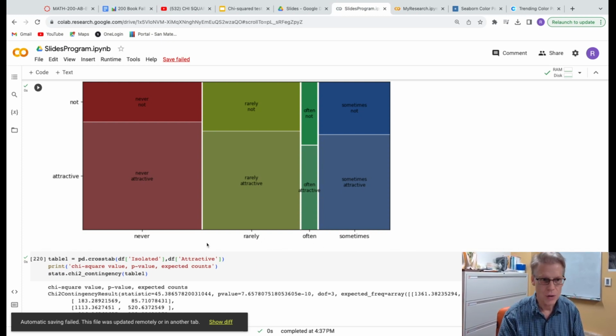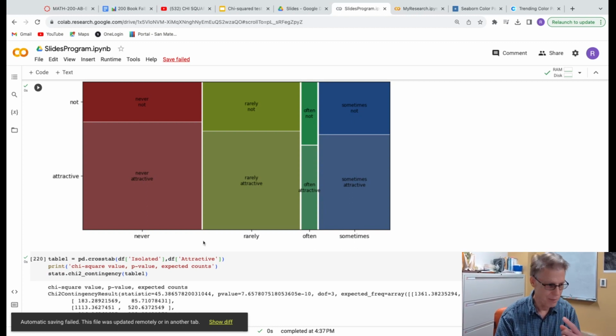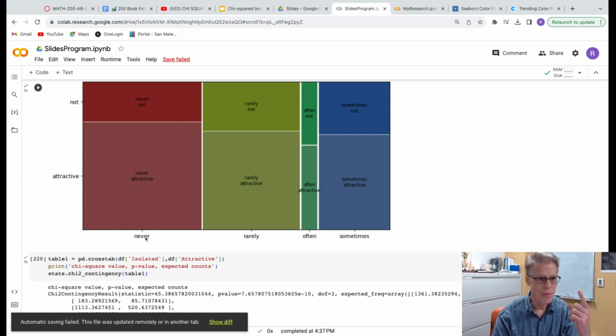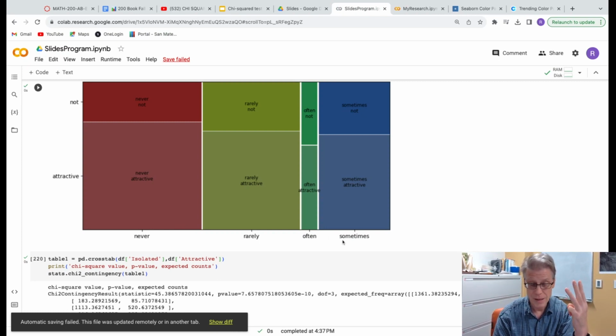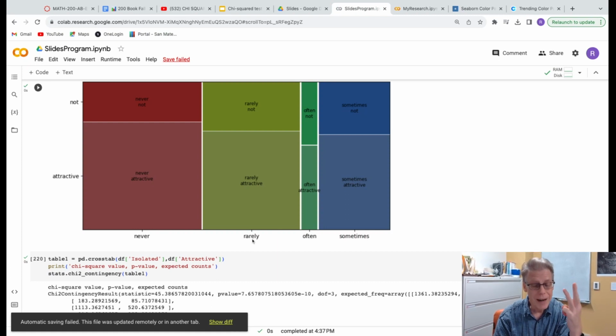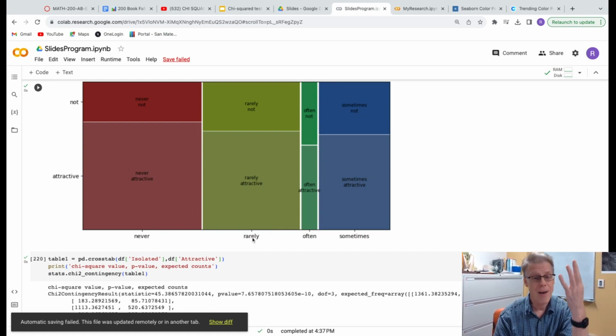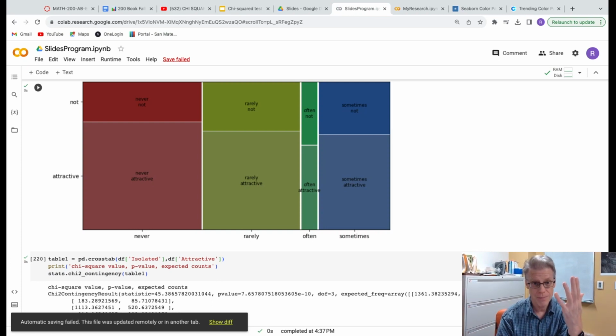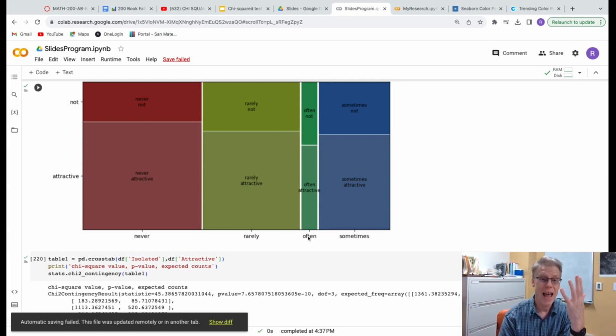4 items. So yeah, you can see the camera over there, and I'm not flipping you off, I'm just counting. Never with rarely, never with often, never with sometimes. So I've just paired never with all these other 3 things, and I got 3 pairs already. But I haven't paired rarely with often yet, and I haven't paired rarely with sometimes yet. And then finally I have to pair often with sometimes. So there's 6 different ways I could make pairs that are a different pair from another pair.